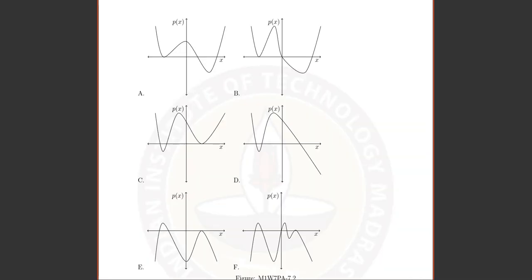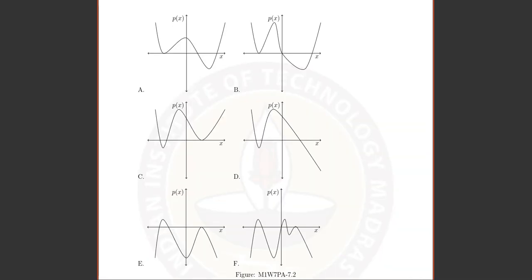So according to the first condition given to us, it was an even degree polynomial. So this satisfies that. This also satisfies. A, B satisfy. C also satisfies. D does not satisfy, so D becomes wrong here. And E also satisfies. It is on the same side as we can see here.